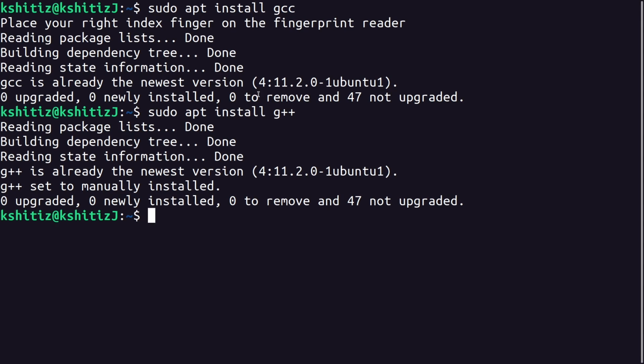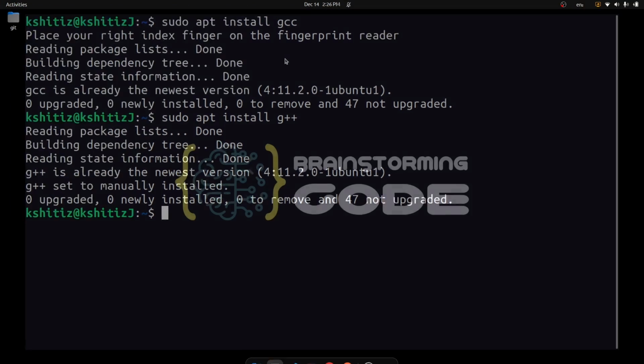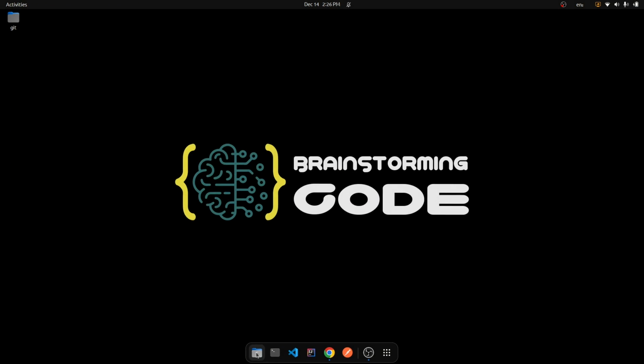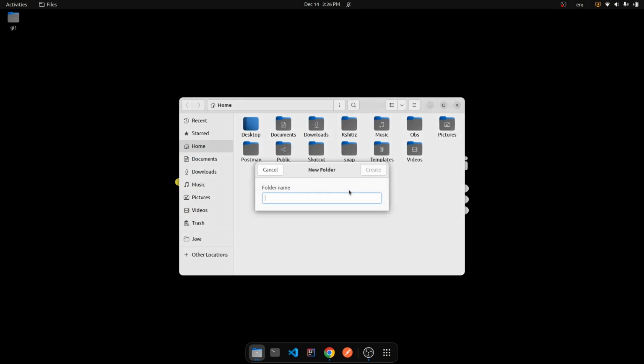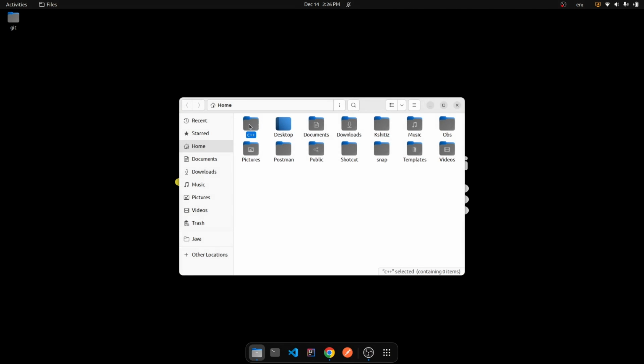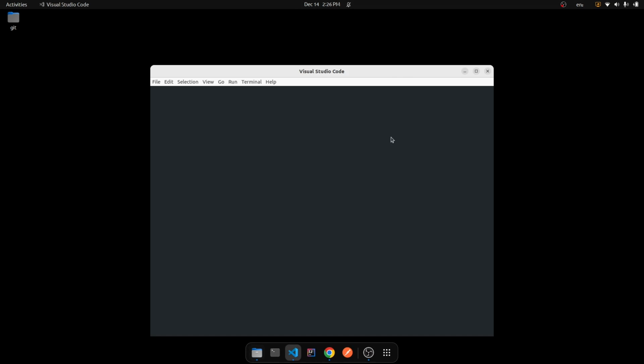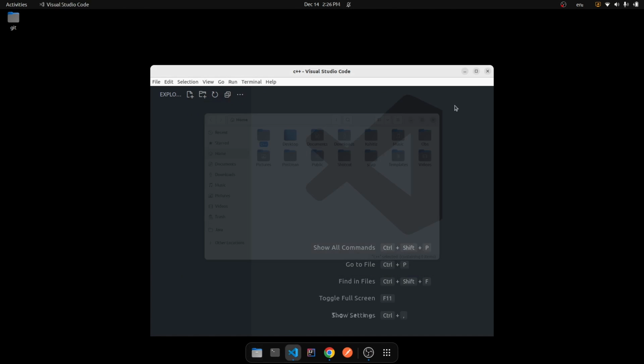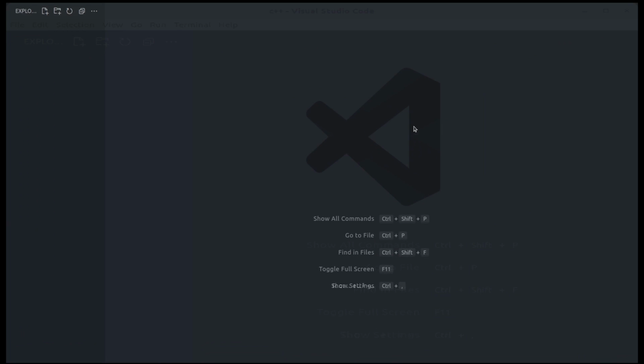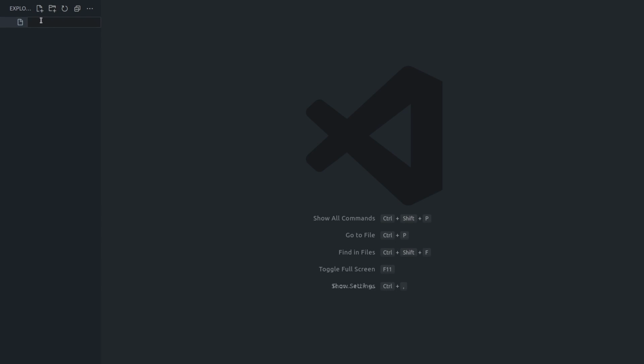So once you install gcc and g++, you need to exit this, open your folder, create a new folder, C++, and right click on it, open with other applications, select VS Code and hit enter. Yeah, so let's go full screen. Let's create a new file,